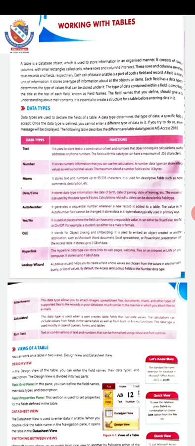Then next, lookup wizard. A lookup wizard helps you to create a field whose values are chosen from the values in another table, query, or list of values. By default, Access sets lookup wizard to the number data type. Lookup wizard is not actually a data type. With the lookup wizard you can create a drop-down list, and it is set with values from another table.